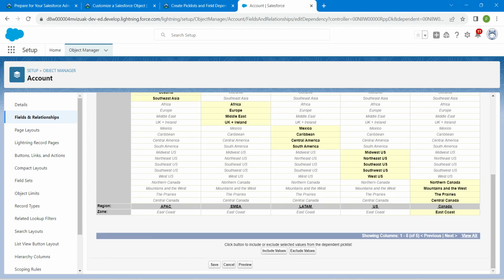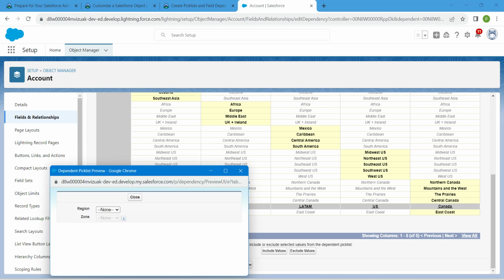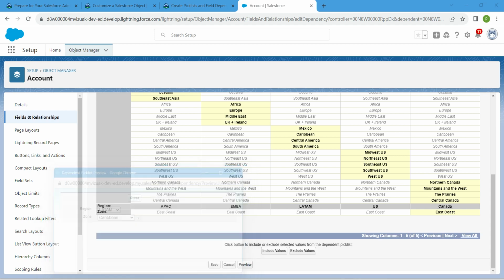For that, scroll down and here you can find preview. Choose preview. So for region APAC, I'm just going to give East Asia. So likewise we can preview for each and every region, for each and every zone. So once we preview this, let's click on save,